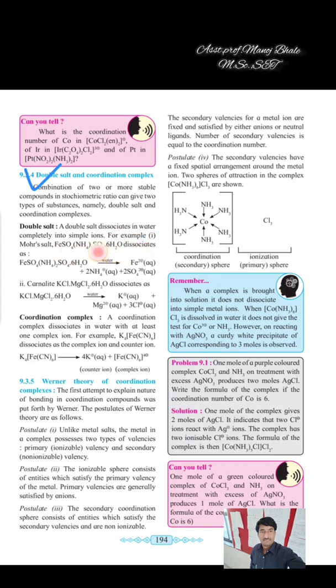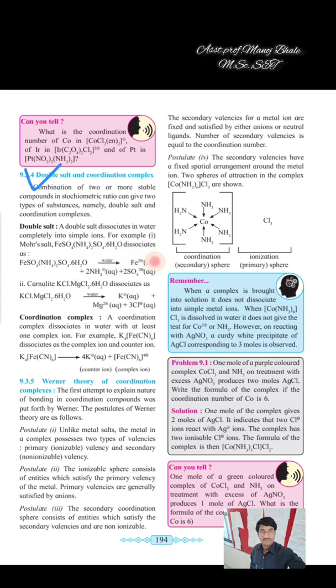Double salt. Now what is a double salt? A double salt is a salt which is easily dissociated, or completely dissociated, in water. One example is Mohr's salt, FeSO4(NH4)2SO4·6H2O. This is a double salt example, which dissolves easily in